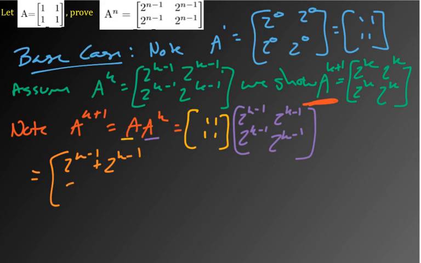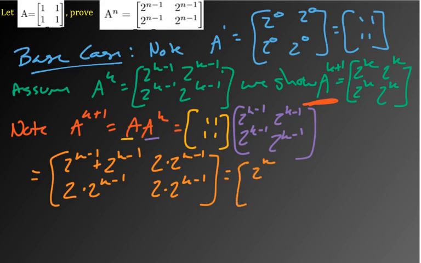So really we can just write this as 2 times 2 to the k minus 1, and this is 2 times 2 to the k minus 1, and this is 2 times 2 to the k minus 1. And so really we're just tacking on another 2 there, right? So then this truly is 2 to the k in every entry. And so then,